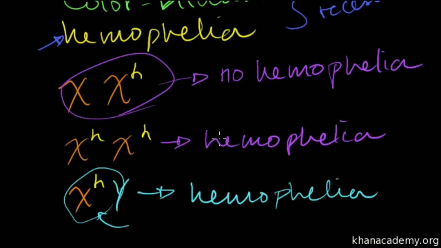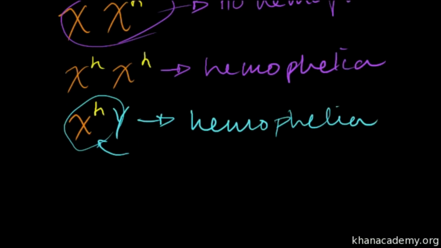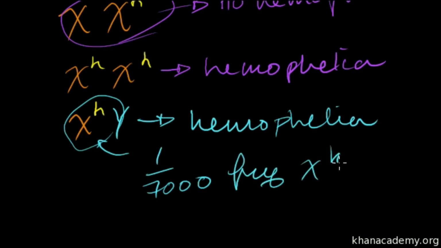I looked it up before this video, and roughly they say between 1 in 5,000 to 10,000 men exhibit hemophilia. So let's say that the allele frequency of this is 1 in 7,000, the frequency of X^H,